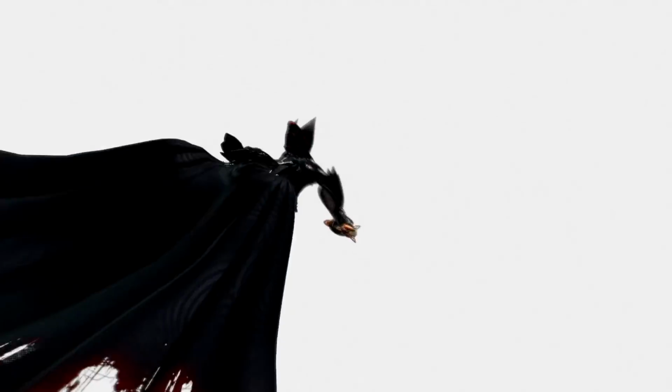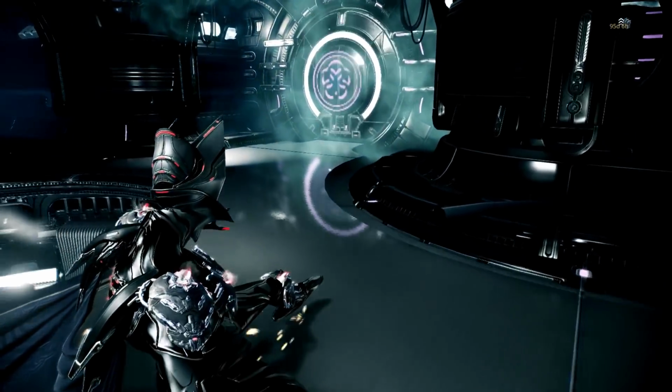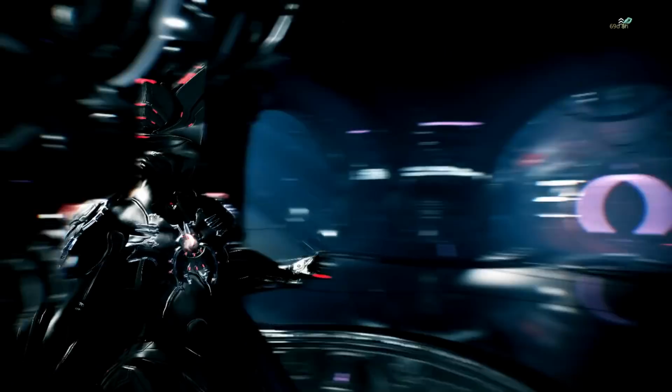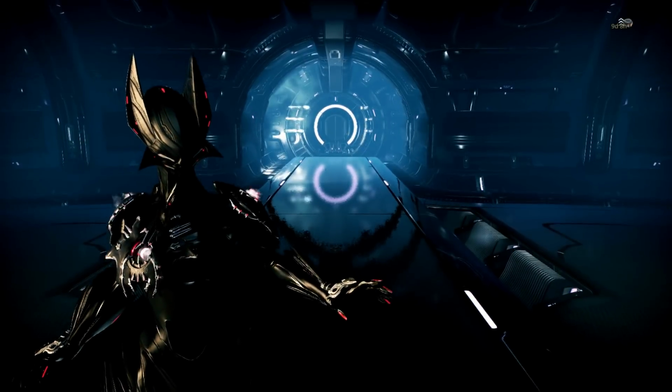So I threw a little bit of red on here just to add, because this guy has red. I remember that from the comics. This is not a 100% exact rendition, but this is Banshee, or Banshee Prime, I think, that I'm using here. But it's not the exact rendition, but it looks pretty similar, man. A little bit. I think you could probably make a Catwoman build out of this one too, but, you know,